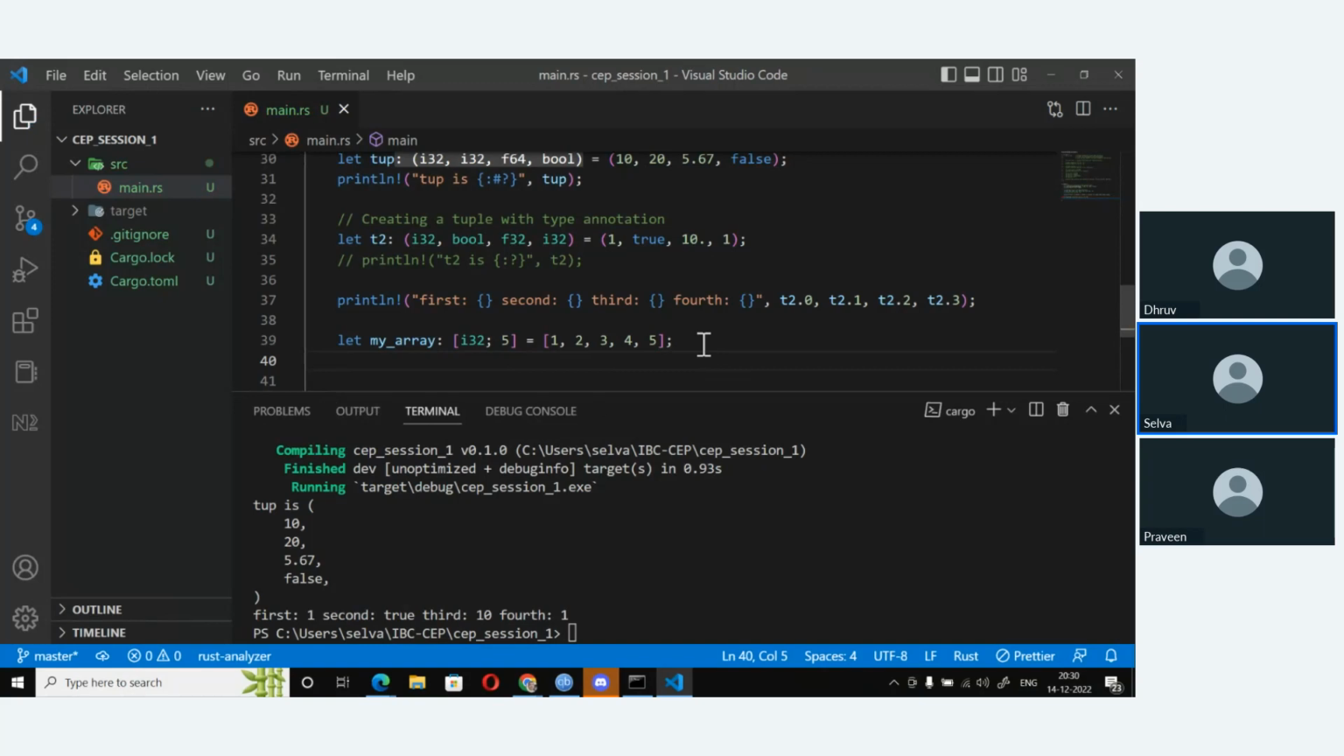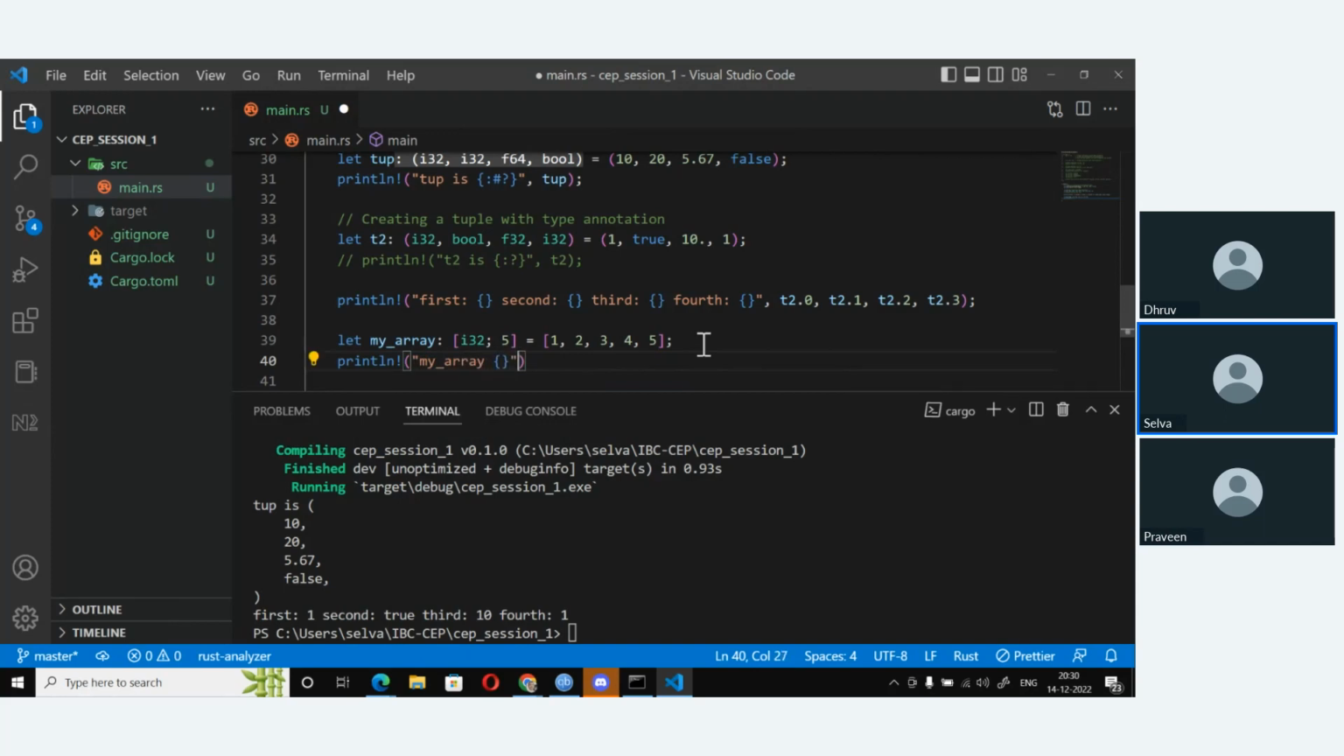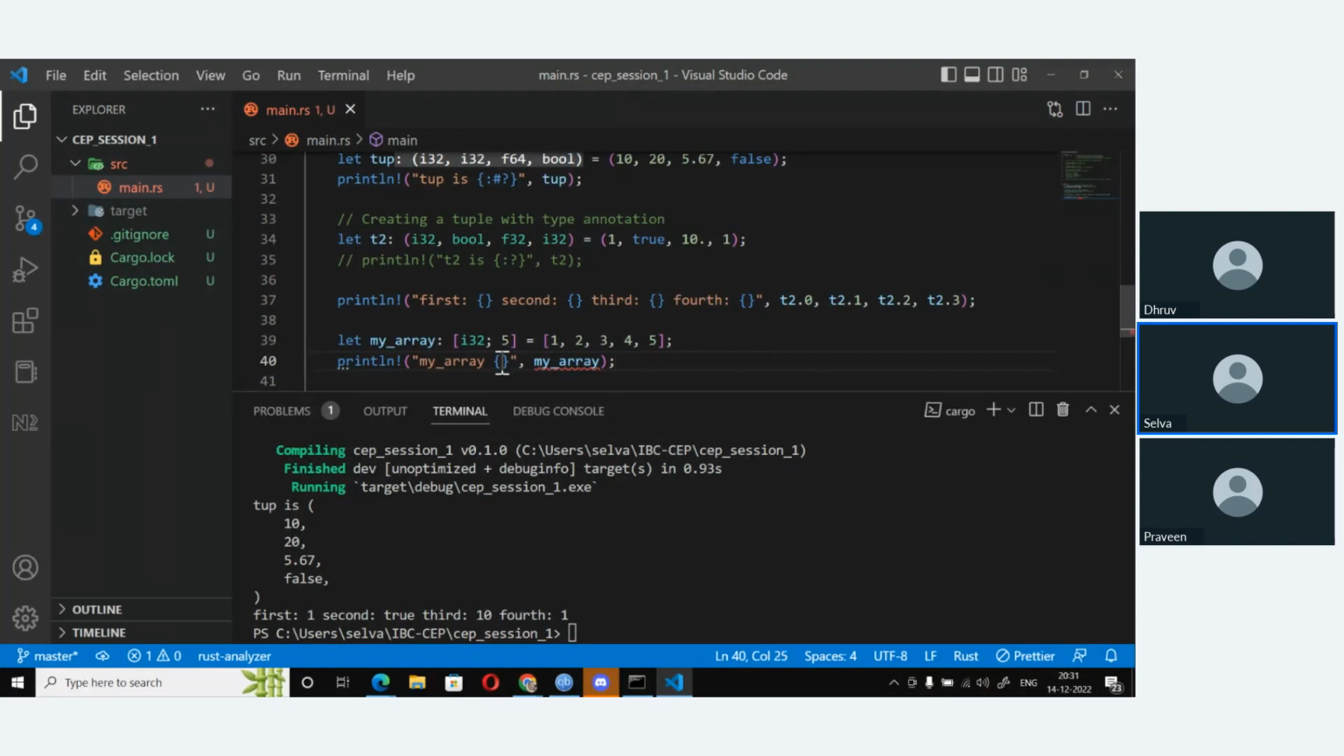And now you can print it out also. Print line macro and my array. Now again, remember, we are not using any formatting, so let's see. Okay. See there, it doesn't implement standard format, but it has automatically given us a message. So when you have compound types, you cannot use empty curly braces. You have to use the debug format for printing them out. And now if I run this,